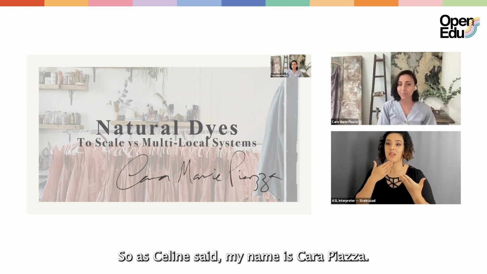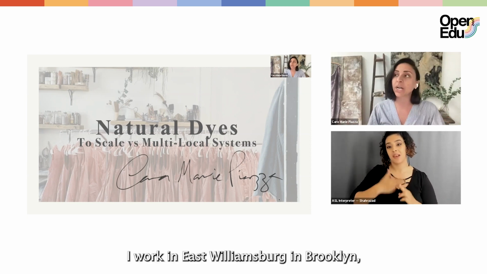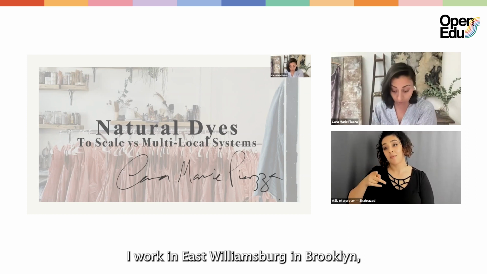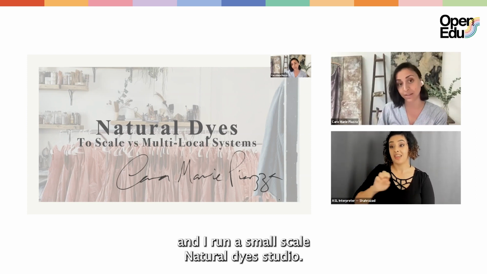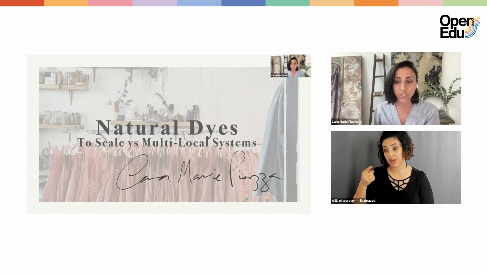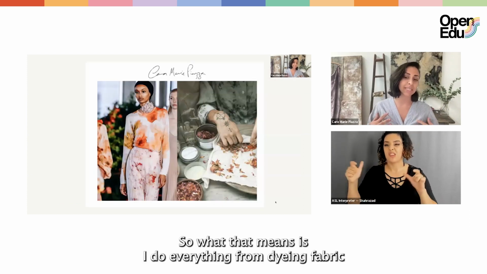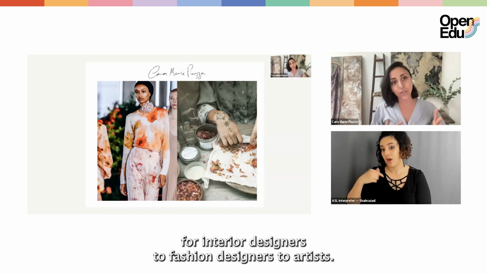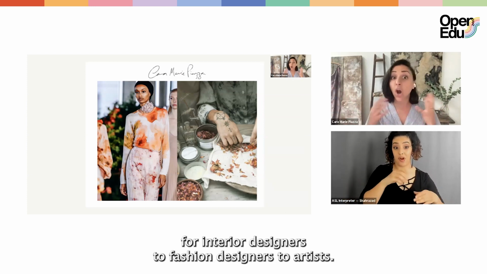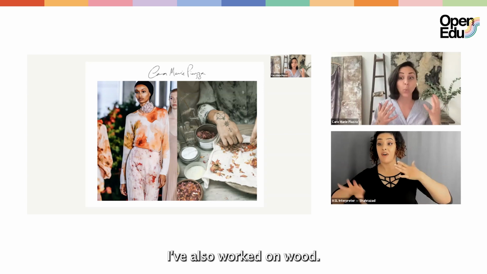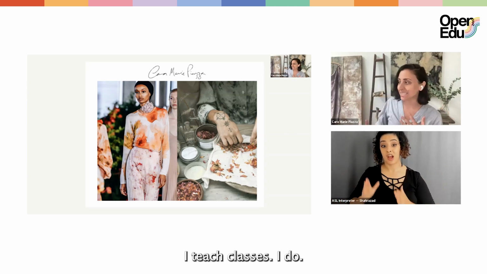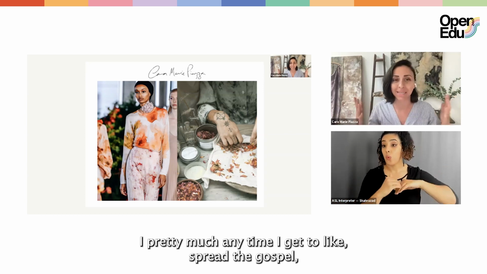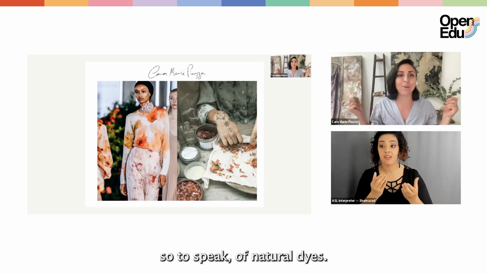So as Celine said, my name is Cara Piazza. I work in East Williamsburg in Brooklyn, and I run a small scale natural dye studio. So what that means is I do everything from dyeing fabric for interior designers to fashion designers to artists. I've also worked on wood. I teach classes. Anytime I get to spread the gospel, so to speak, of natural dyes, I love to do it